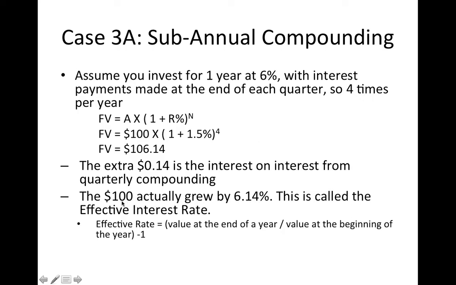The value of talking in terms of effective rates and effective interest rates is that with that information, I don't really need to know things like how frequently it's compounded or whatever else in order to know what I can expect as my return. I just know that my effective rate is 6.14%, so I expect by the end of each year I'll have 6.14% more than I had at the beginning. Whereas if you aren't talking in terms of an effective interest rate, you do need to clarify how frequently the compounding is.